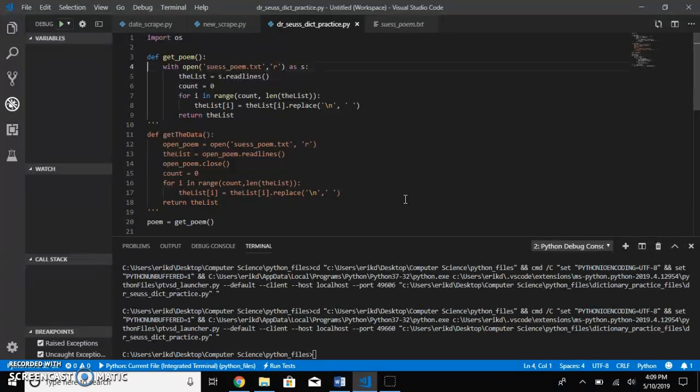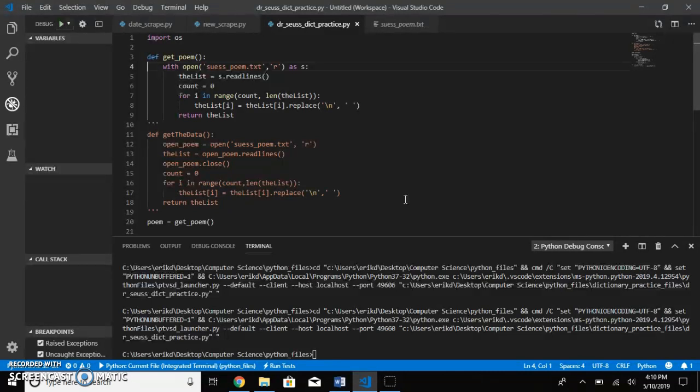This week we were working with dictionaries, and most specifically we were attempting to take the Dr. Seuss poem, Green Eggs and Ham, and find the total number of instances in which each word is used within the poem itself. As you can see here, I won't even bother running this program because I'll explain, as I ran into a certain issue I've yet to be able to figure out, but based on your video,